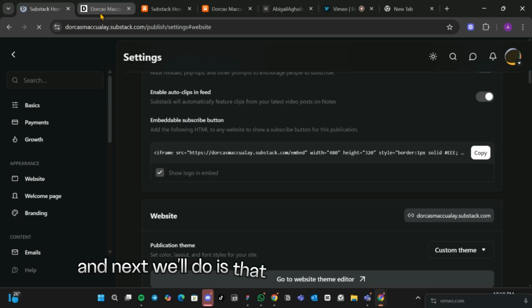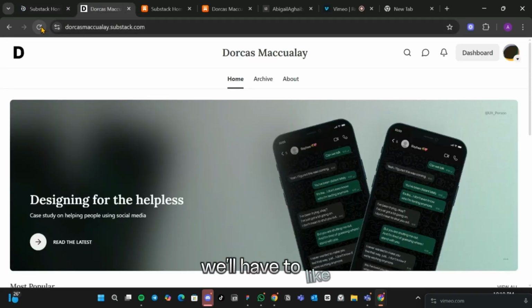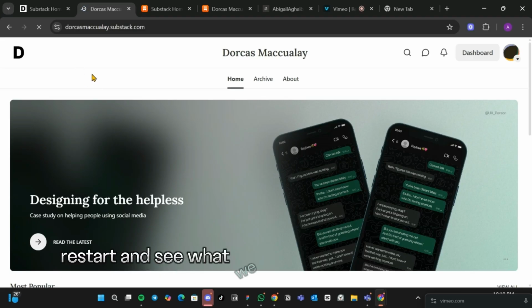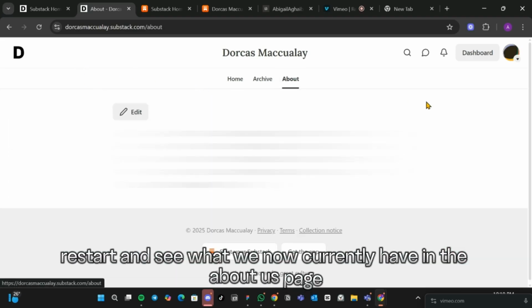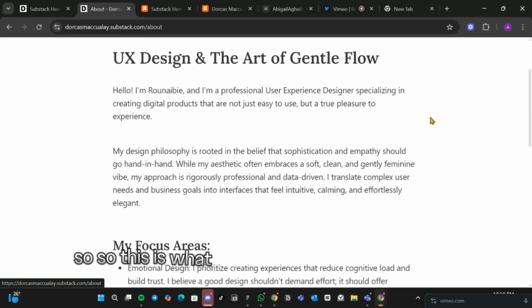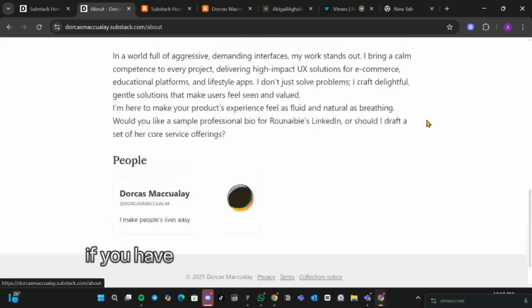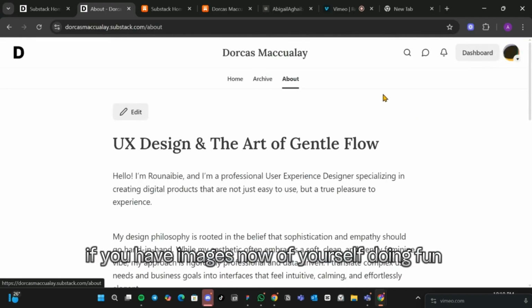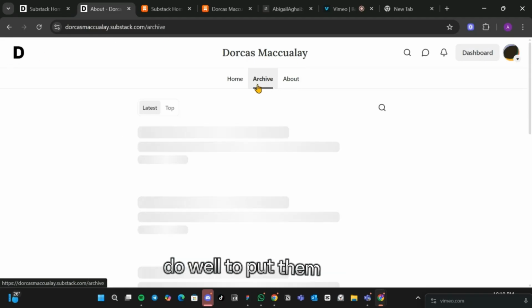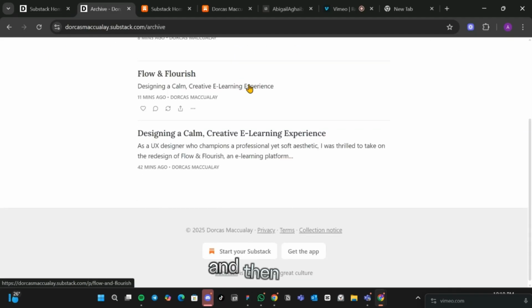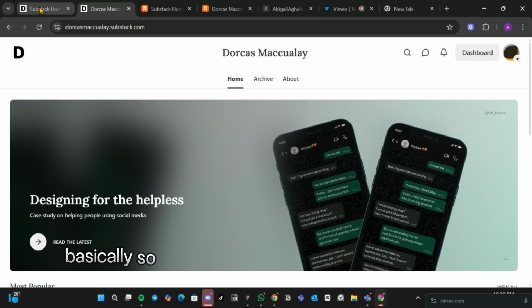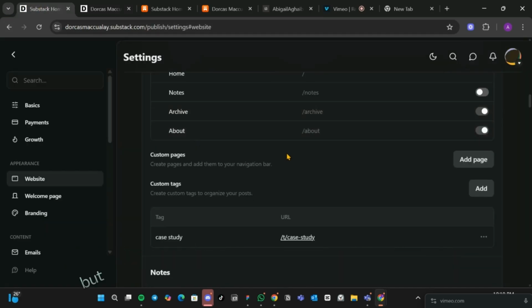And next we'll do is that since we've saved that, we'll have to restart and see what we now currently have in the about us page. So this is what we have in our about us page. If you have images now of yourself doing fun activities, do put them there. And then, basically, in a nutshell, your portfolio is quite ready, but there are some other things you